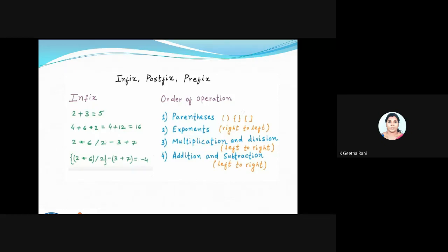Fine. So we have a rule called left to right and right to left. We call this an associativity rule. Addition and subtraction will happen only from left to right. Multiplication and division are again from left to right. Exponent will be from right to left, and I'll be having brackets. The priority will be given to the brackets first, then the exponents, then multiplication and division, which have equal priority, and then comes addition and subtraction.